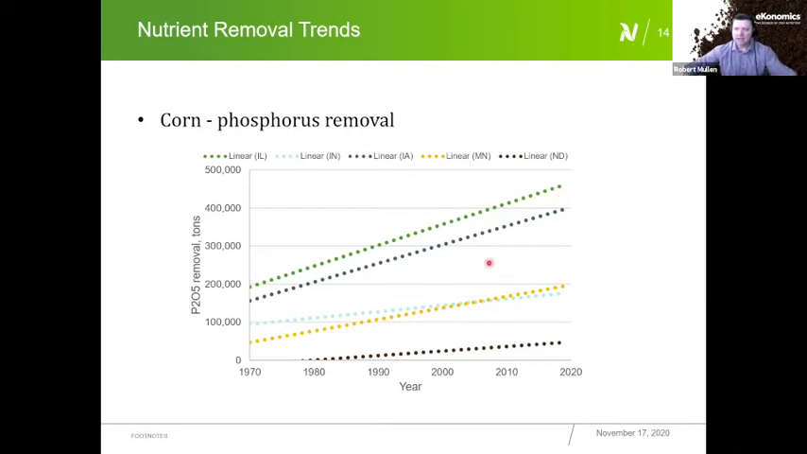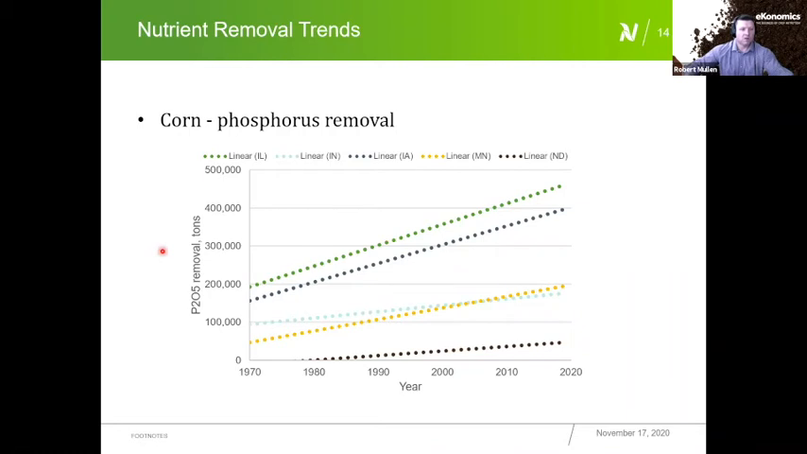And the one thing I just want to illustrate is a lot of these states, and almost all the states that I've done the analysis on, we've increased nutrient removal by 2x. So we have gone from just under 200,000 tons of phosphorus being removed to now we're up to 450,000 tons of phosphorus being removed. So yeah, the question is, when you say removal, are you saying taken